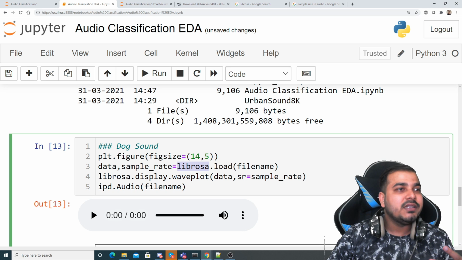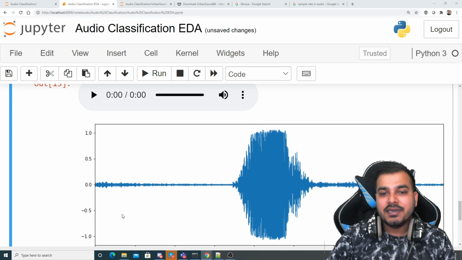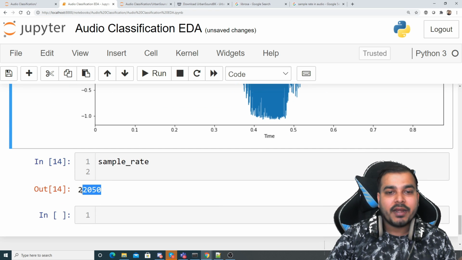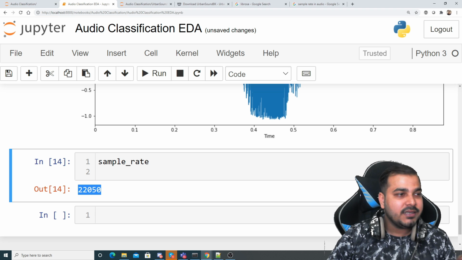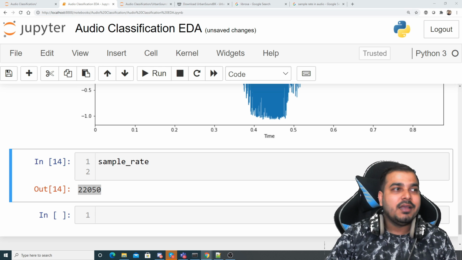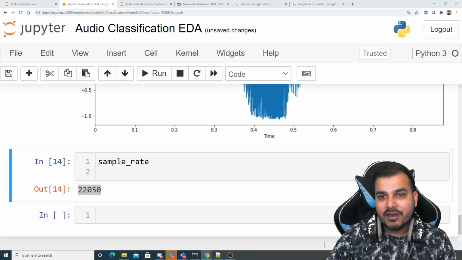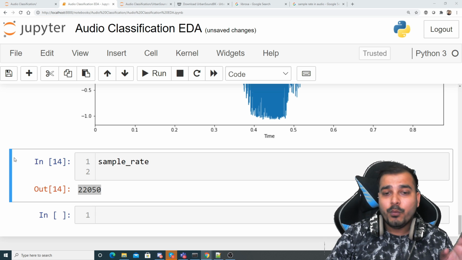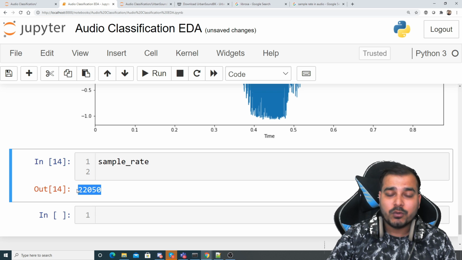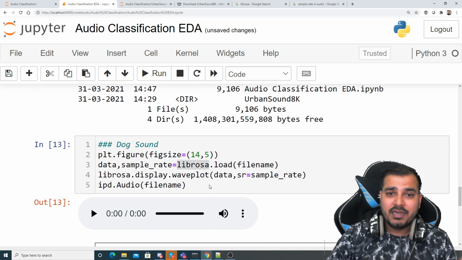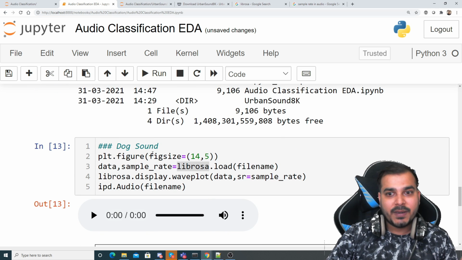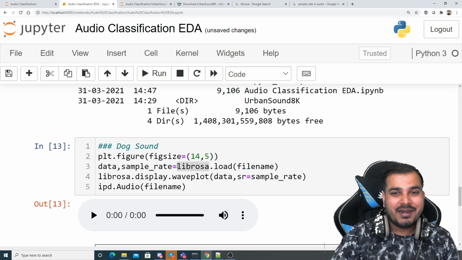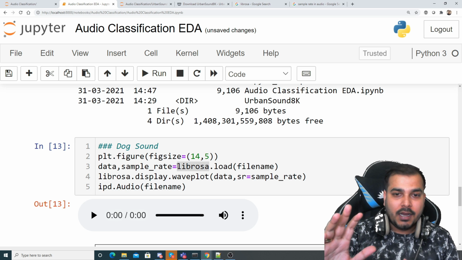Now by default, when we are reading this information with the help of librosa, we are reading the signals with a sample rate of 22050. That basically means, in short, whenever through librosa we are reading a dataset with respect to some specific audio, we are getting the sample rate of 22050. Now similarly, it is not only this particular way in which we can read the audio. There are different ways also.